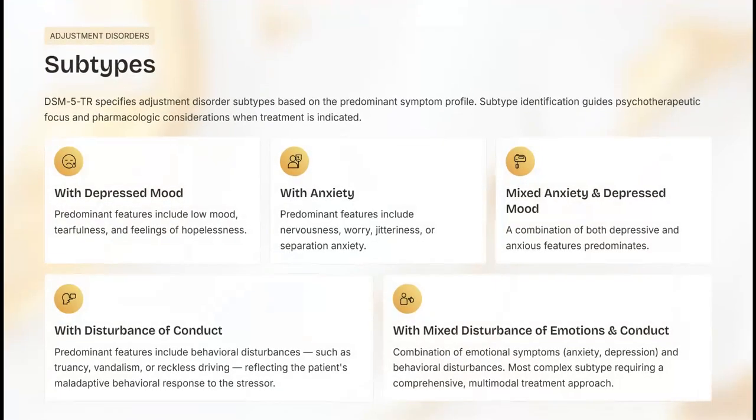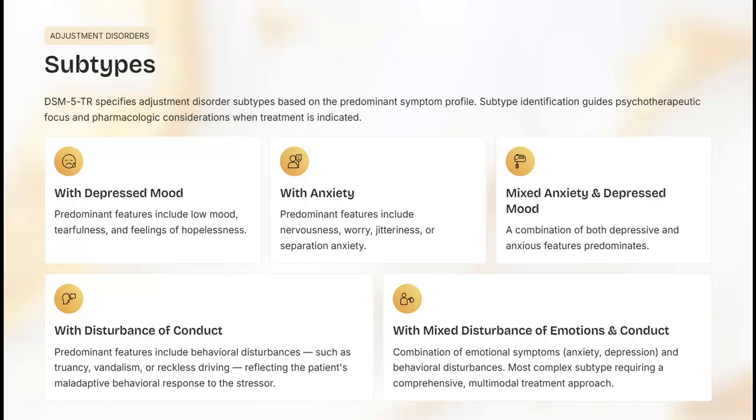You have different subtypes of adjustment disorder. You can have with depressed mood, where they have a low mood, they're tearful, they're hopeless. It doesn't reach major depressive episode threshold, but it still causes significant distress. You may have with anxiety, where they have nervousness, worry, jitteriness, separation anxiety. This is the most common presentation you'll see or that is seen in primary care and in outpatient mental health